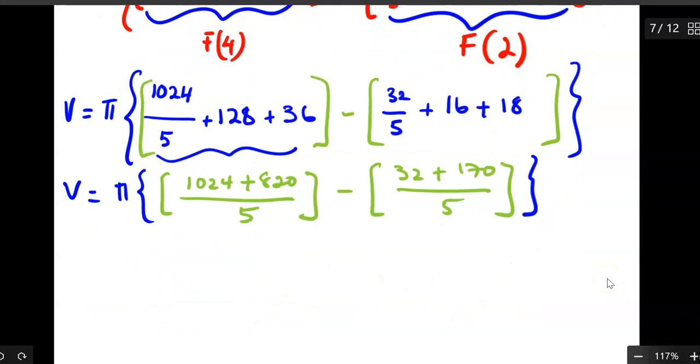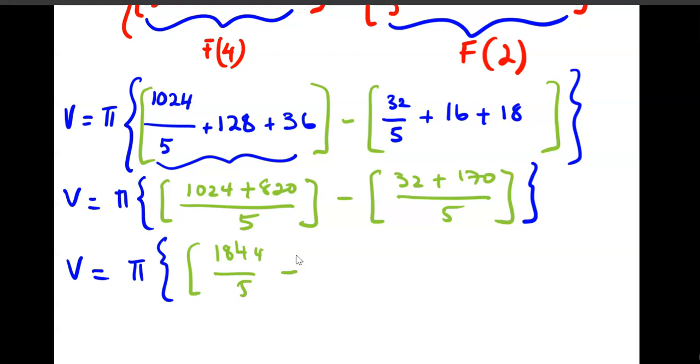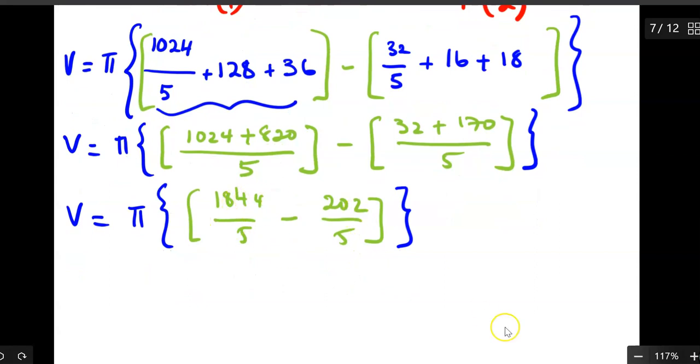Okay, so now if you use your calculator, you should have, alright, so this part is 1,844 divided by 5, subtract 170, so I have 202 divided by 5, and if I take this number, subtract this number, I should end up with 1642. Yeah, okay. So pi times